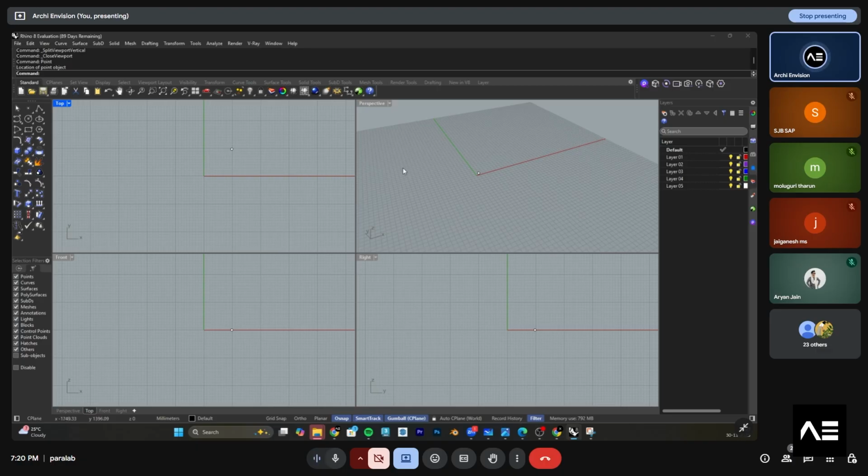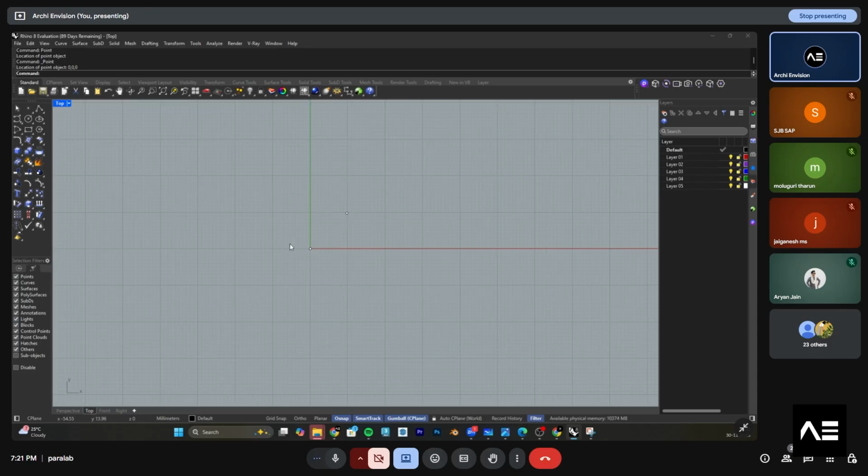This is actually shown over here and it is randomly placed. So you can randomly place it or you can precisely give the point coordinates. For example, I just click on a point. You just type a point or I just click on a point and I just type 0, 0, 0 and click on enter. So it has been created in the center of the axis. Can you see it? This is the center of the axis. I just double click on top and try to visualize it.